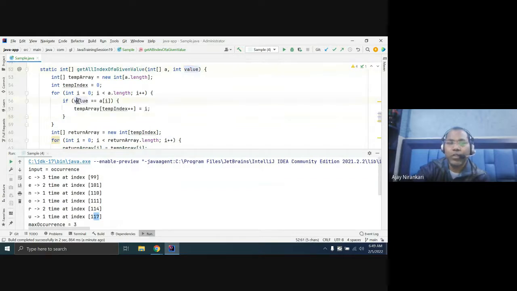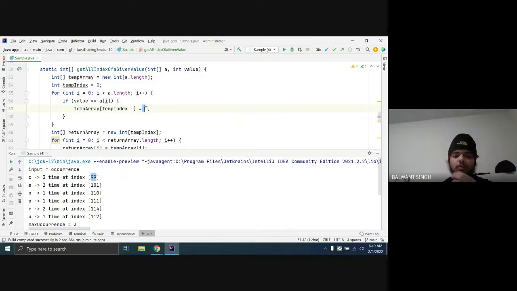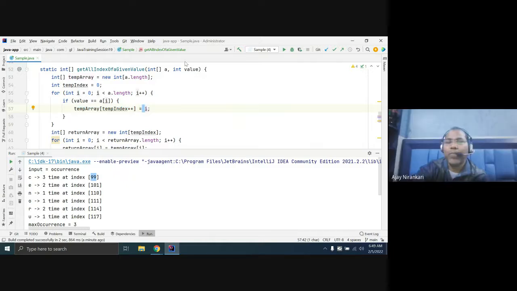If this is 3, it matches with which index? 99. Just store that 99 in a new array here. If I pass 2, the 2 matches with this and with this, so these 2 values are stored in this temp array.